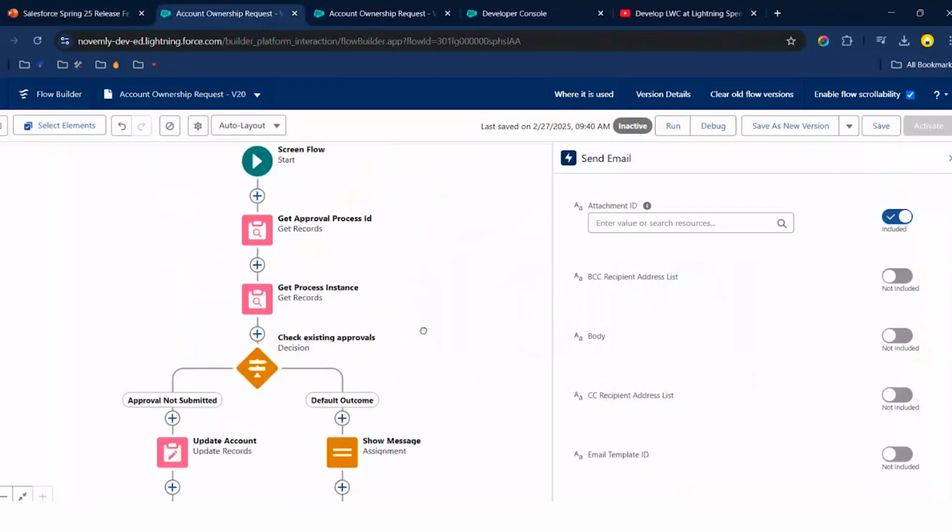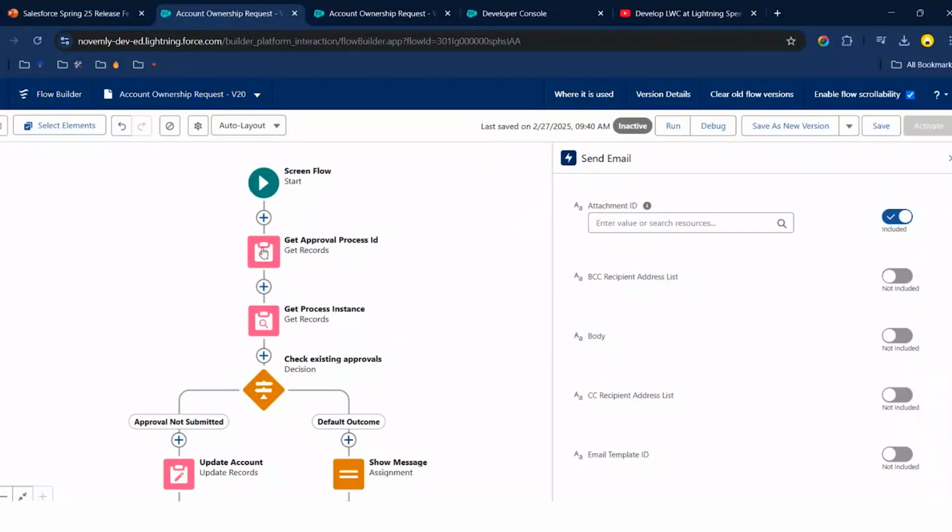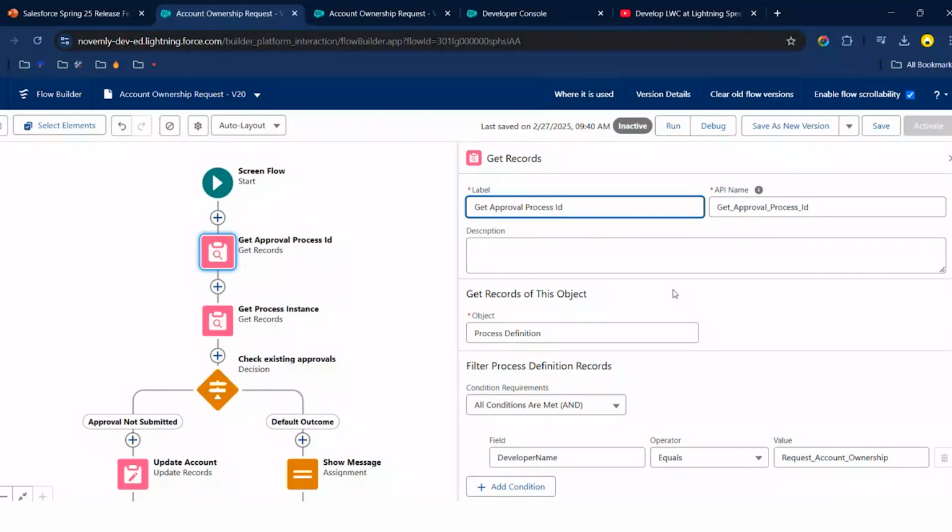So while getting the records, this Get Records element, there's now a feature, as previously there was no limit as we have in SOQL. In SOQL, we can actually limit how many records need to be retrieved. If we don't specify the limit, in case the org has more than 50,000 records, it will return the exception. The same goes for the flow as well. If the org has more than 50,000 records and the flow is fetching all of the records at once,